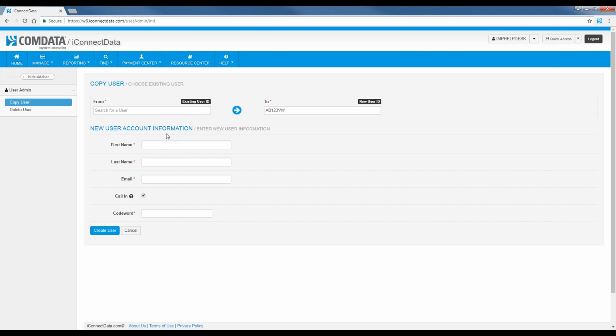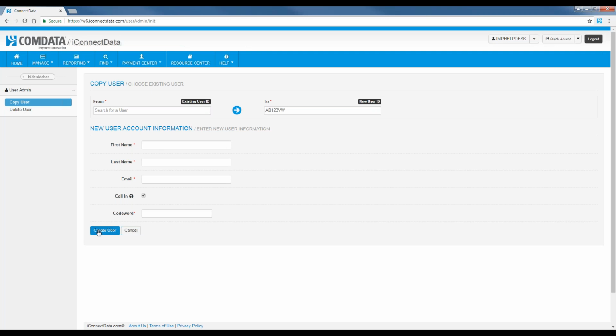Another quick note as well, if you were to send this request to Comdata because you needed a new user ID, we would also need all four of these lines if we're going to get this person set up. Just a heads up on that. Once you get everything filled out, you click on create user. It's going to be about a minute or so for that to load up. Once you get the confirmation, your new user should receive an email, and then they'll get logged in